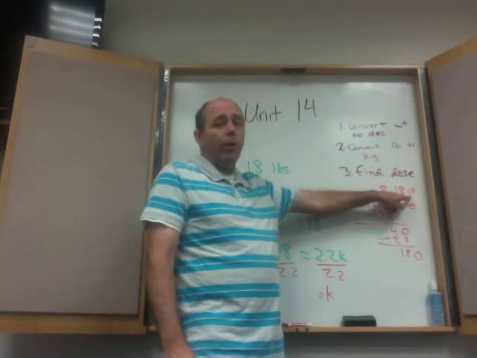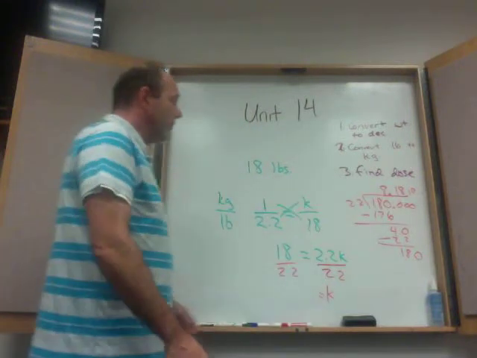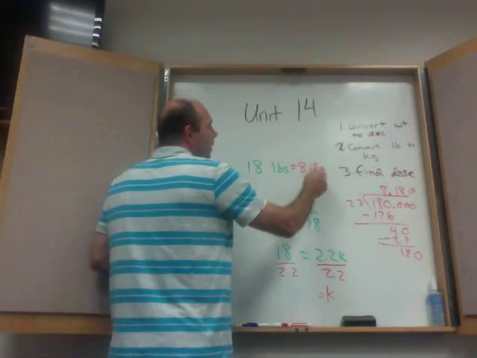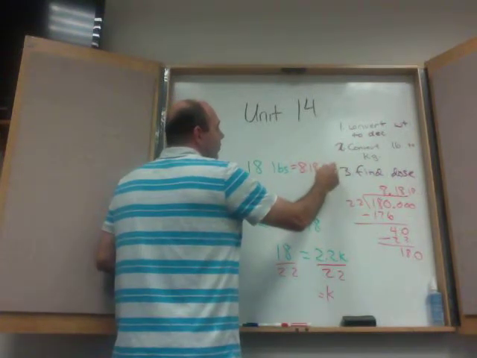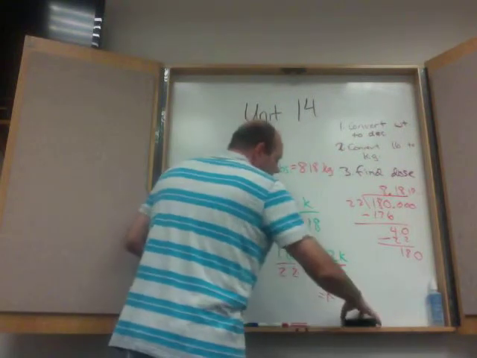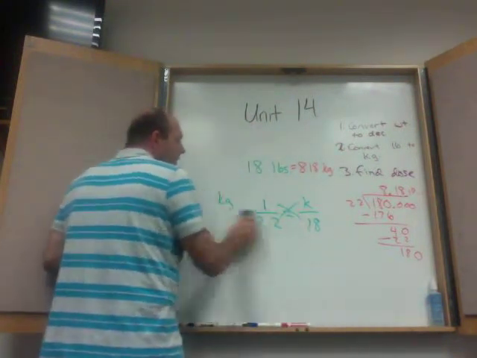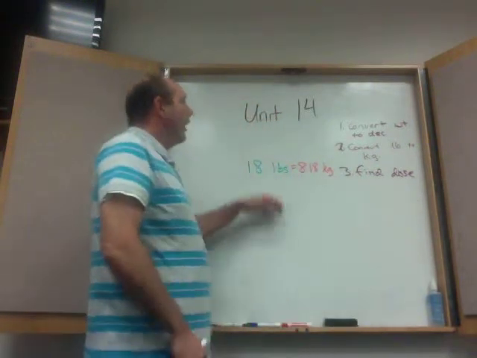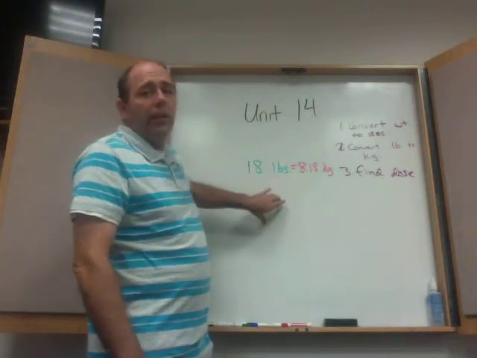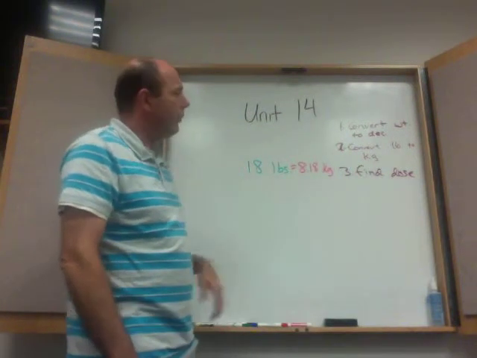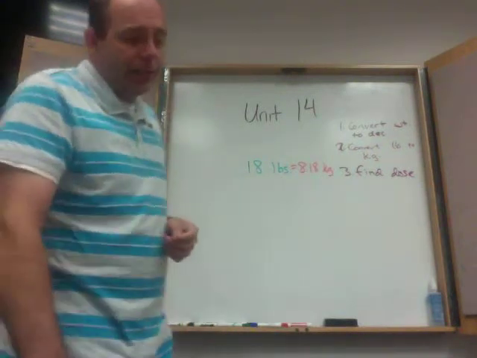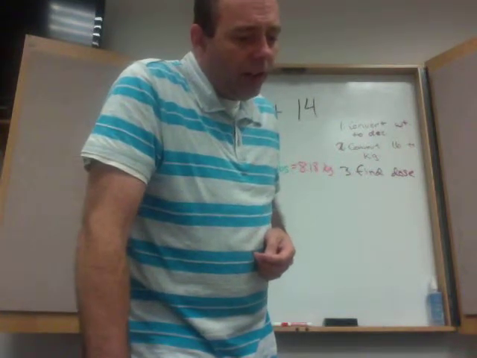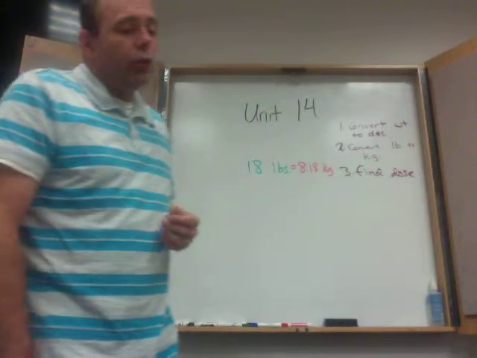So I'm looking over here. That 1 tells me I'm going to round down. It's going to say 8 and 18/100 kilograms. Okay, I'll erase all the work that we don't need anymore. Remember, all that I did was convert the pounds to kilograms by setting up the proportion of the two ratios. Now I have to find out the dose, and it says that we need to take 25/100th of